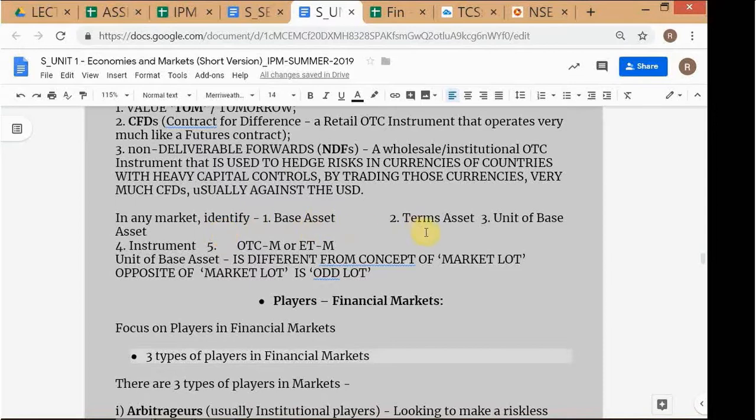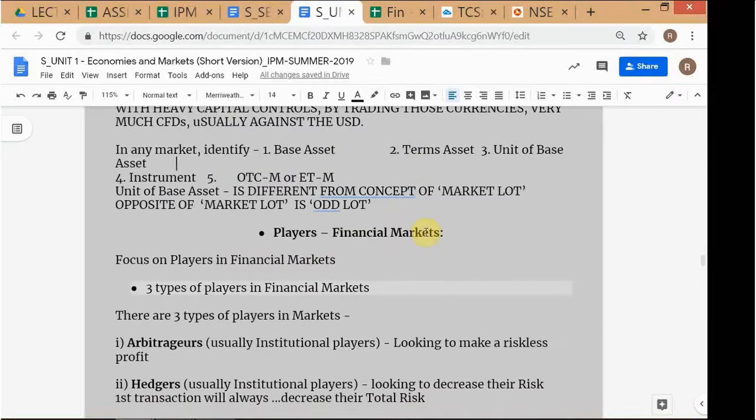What is the base asset? What is the terms asset? What is the unit of the base asset? Like in India, we quote the gold price as per 10 grams. The base asset would be gold, term asset would be US dollars. Unit of base asset would be for 10 grams or whatever it is. And then market